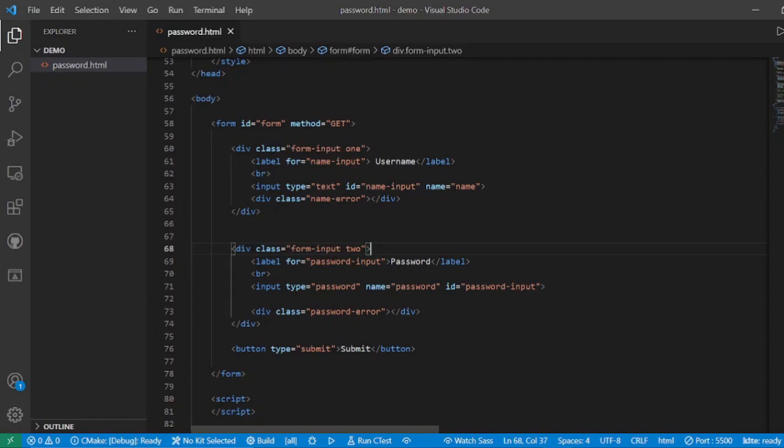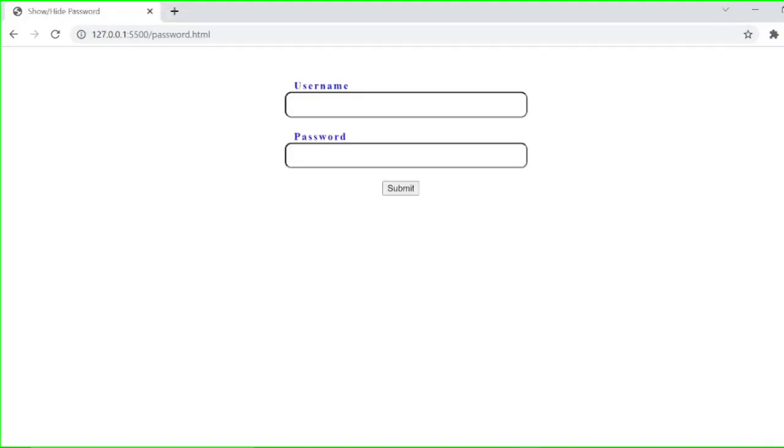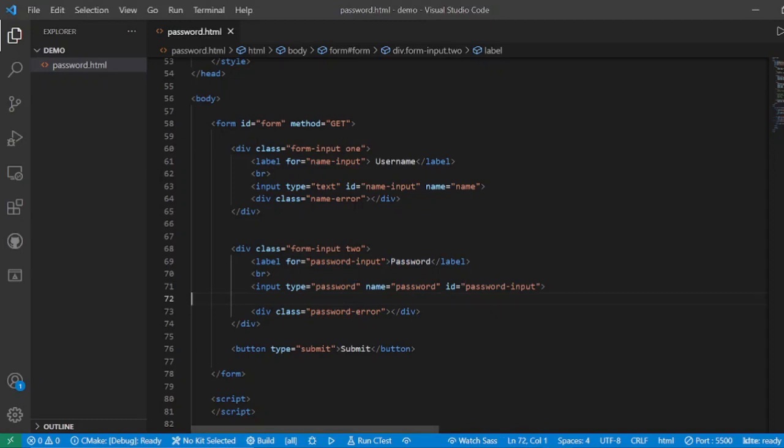And similarly for the password field we have on line 68 a div with a class of form input 2 and a label of password input, which will show the password as we had seen, and right now it is something like this, and the input type will be password, so that is why it is getting masked. Now these are redundant, we have not used any validations, but I have kept them here for any future uses. We can have JavaScript validations for them, but anyways that is not the point. Let us concentrate on our code.